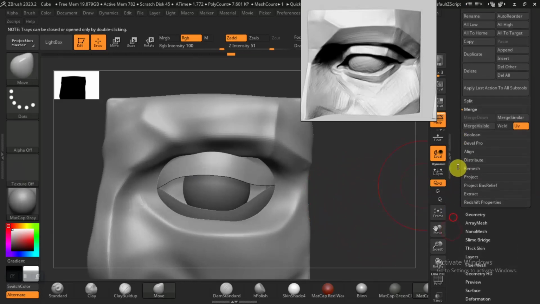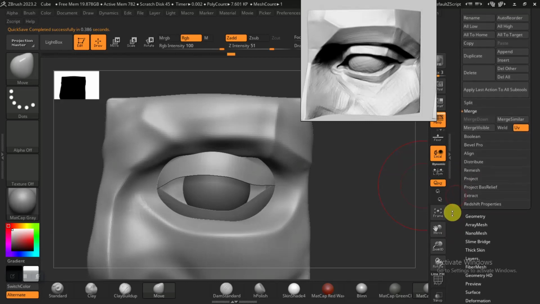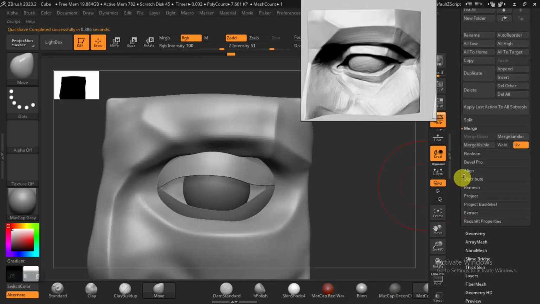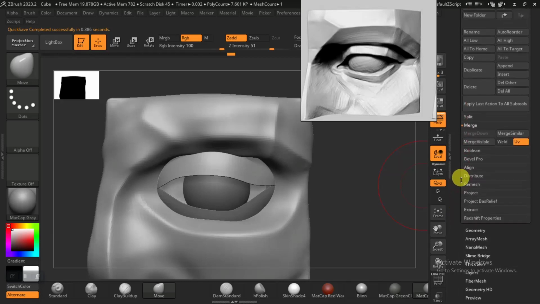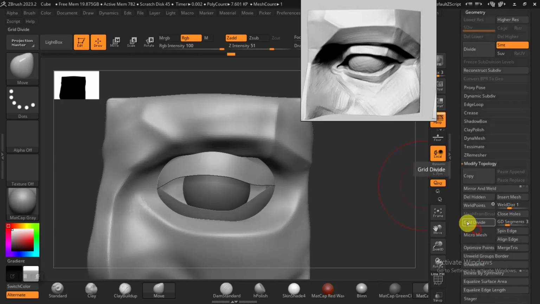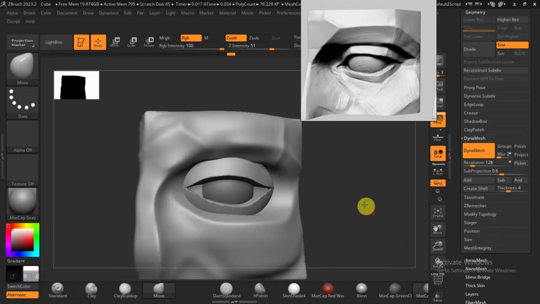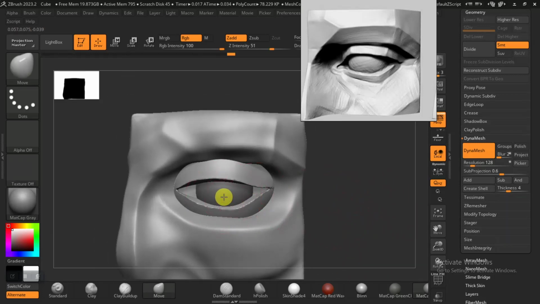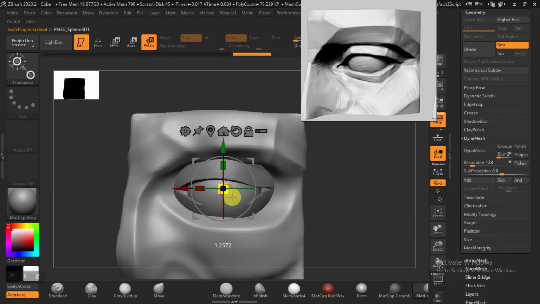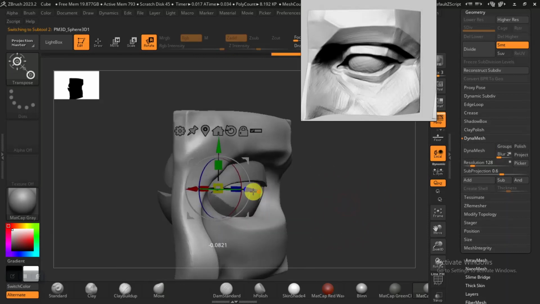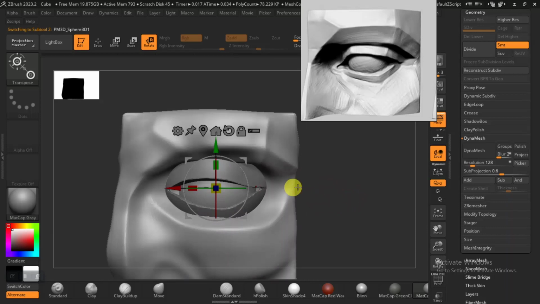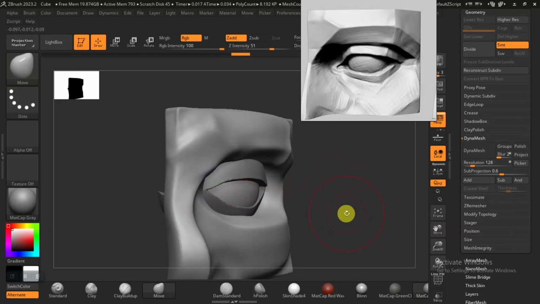Then next what we're going to do is make a dynamesh for this. So let's dynamesh this. Where is the dynamesh? Geometry, Dynamesh. Okay, so as soon as we dynamesh this now, it gives us some kind of thickness to it. Then this inner sphere, we can just scale this out some more, push this back in. Okay, alright, so